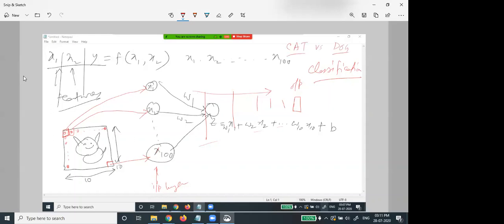So our task is whether it is a cat picture or a dog picture. So the output will be 2 classes. If it is 0, then it will be cat. If it is 1, then it will be dog. Simple classification. As of now, there will be no problem to model this